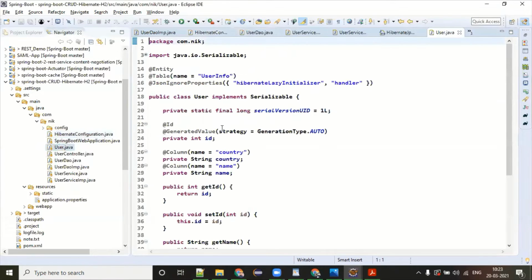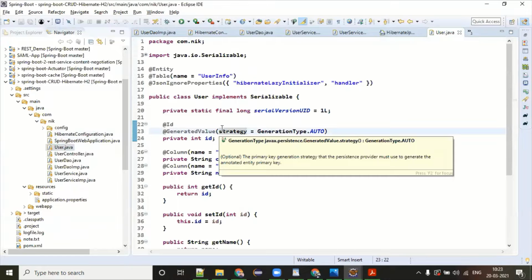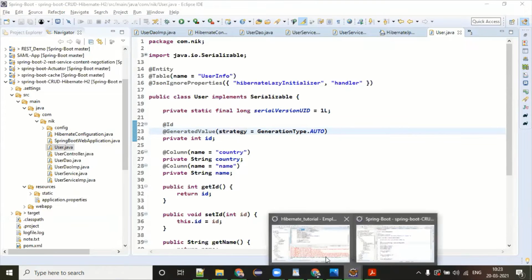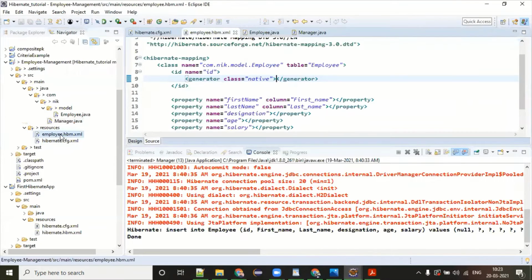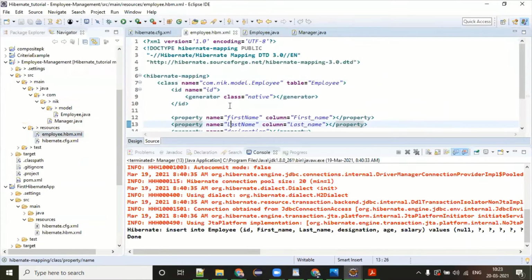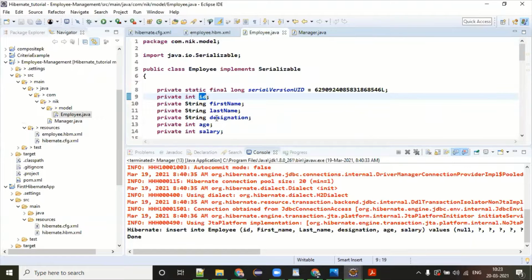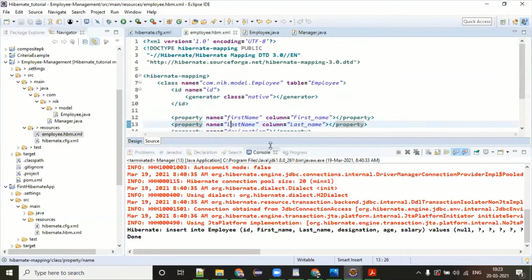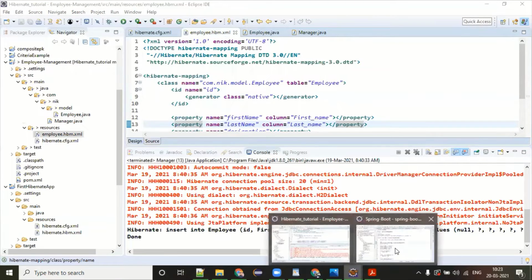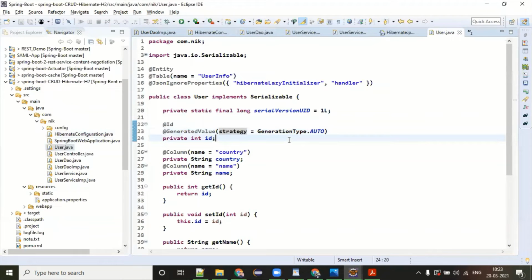Now, the other thing you have to notice is User.java. You remember I was just saying that this mapping file can be easily configured in our POJO class directly. So we don't need this mapping file at all. And how can all this information be passed? Remember in that mapping file, the first information was the table name.